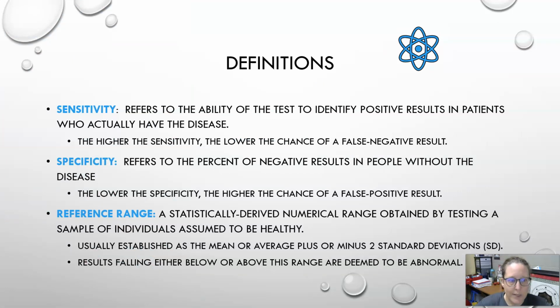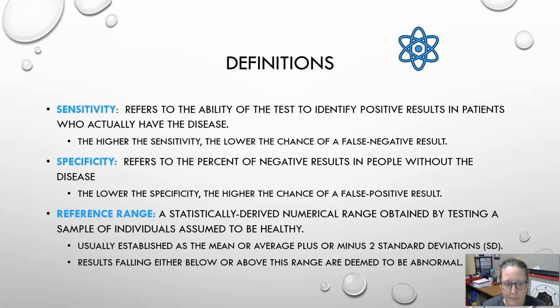Some more definitions: sensitivity and specificity. Sensitivity refers to the ability of a test to identify positive results in patients who have the disease. The higher the sensitivity, the lower the chance of a false negative result. Also, highly sensitive tests are able to detect lower amounts of a substance to detect a disease. So we want tests that are very sensitive, so that when we screen or do a diagnostic test on somebody, we identify those that